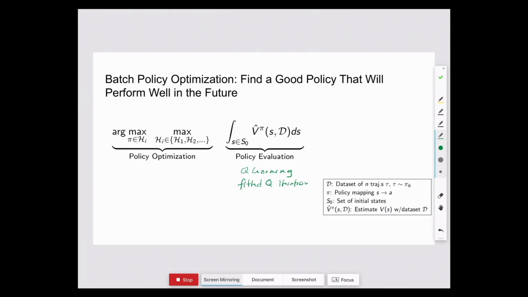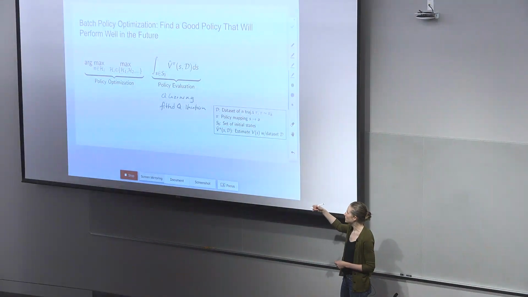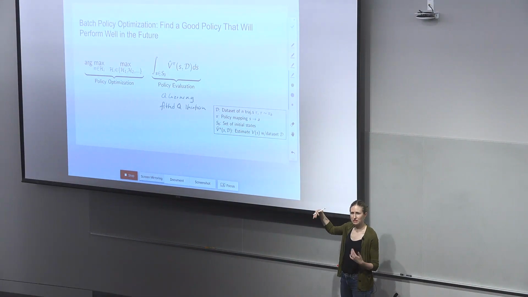And then policy optimization probably reminds you of policy improvement. So like when we did the policy improvement algorithms, and we sort of had a policy evaluation step and then policy improvement, here we'd like to be able to compare over a large set of policies. And so we can decompose this problem into those two.